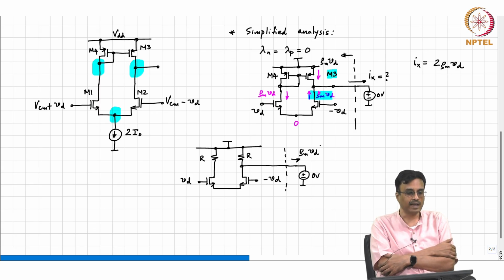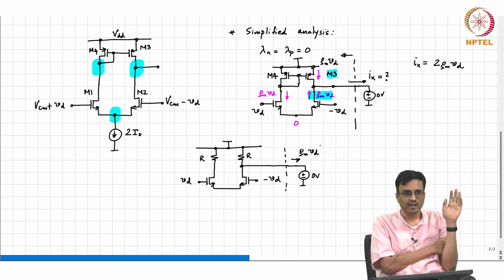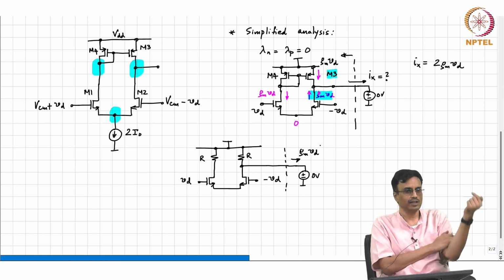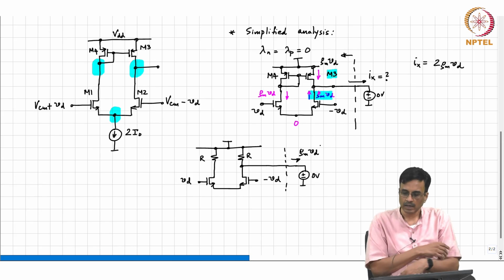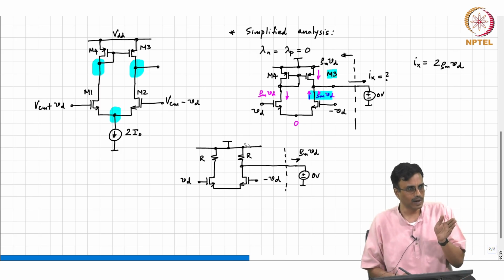So, you can see that using the drain current of M1 is useful. Earlier, if you had resistors, we were just simply throwing away that incremental current into the drain, right. Now, we are actually using that incremental current to give us twice the short circuit current that you would otherwise get, all right. Now, to find the gain, we need the short circuit current as well as